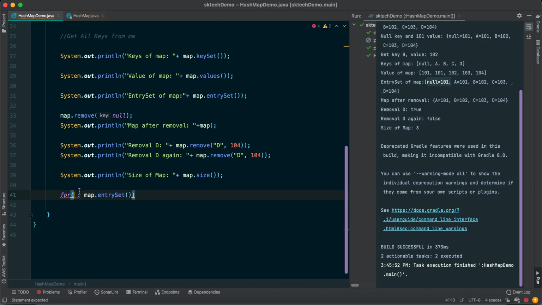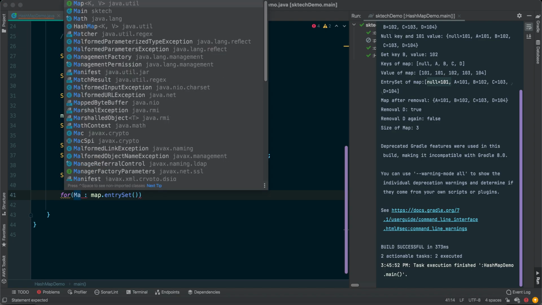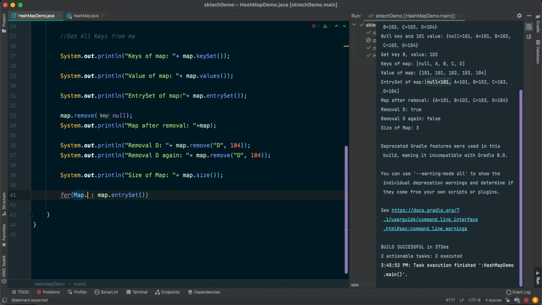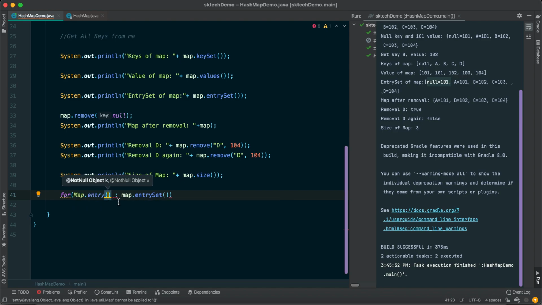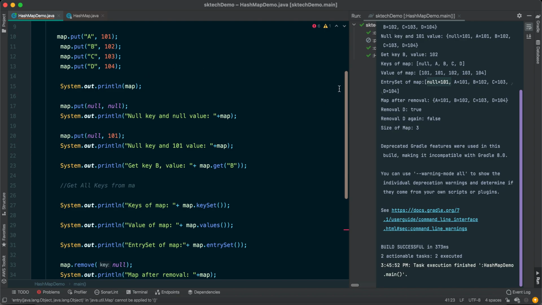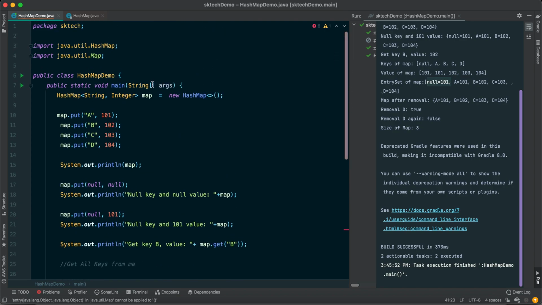Now let's demonstrate it in a simple format. We know that entry is an internal interface inside the map. If you want to use that, we need to use Map dot Entry. This is the syntax, and here we need to provide the key and value. This key and value should be the same as the ones we provided earlier while creating the hash map.